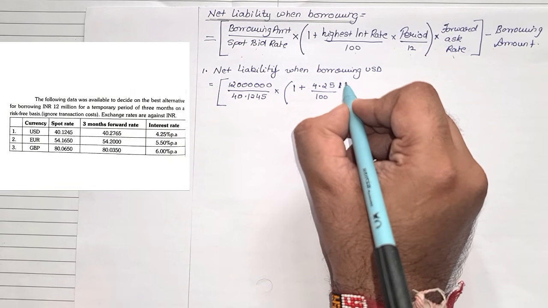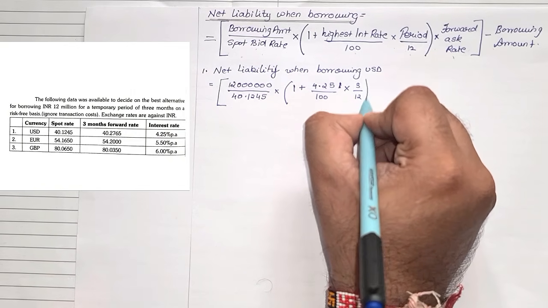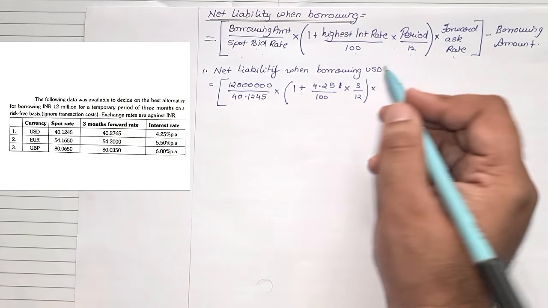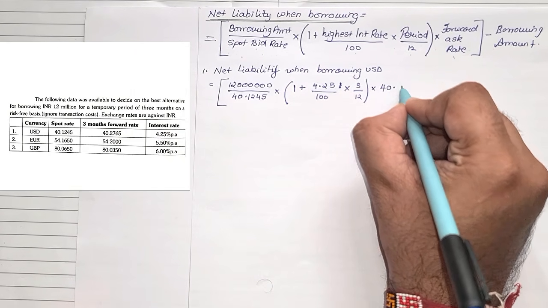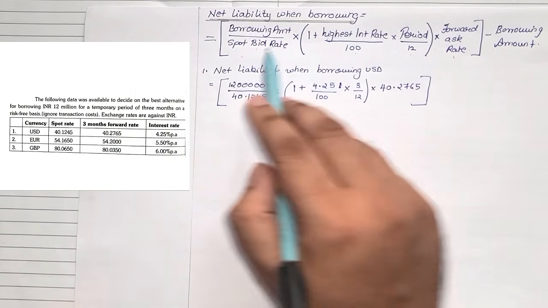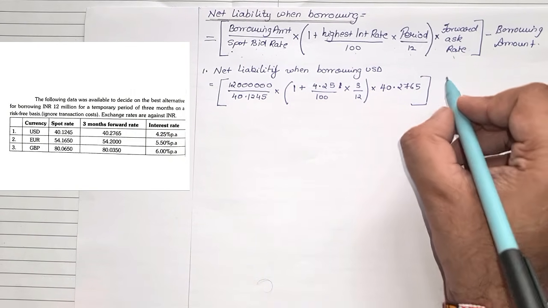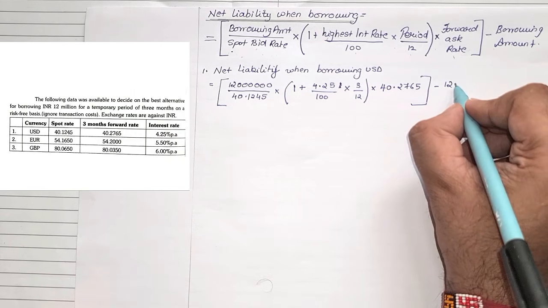Now the period which they have given you is for 3 months, so 3 upon 12 into forward ask rate. Here they are only giving you one rate of forward, so we'll take that as it is, 40.2765. So this is the first type of sum where there is a direct forward and direct spot rate given to us, minus the borrowing amount, which is again 1 crore 20 lakhs,